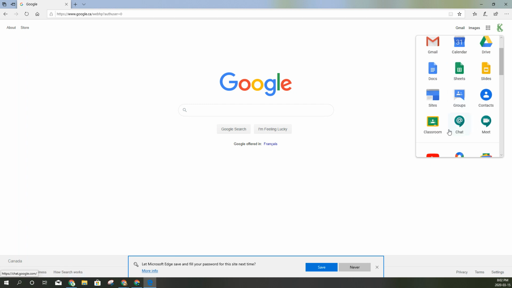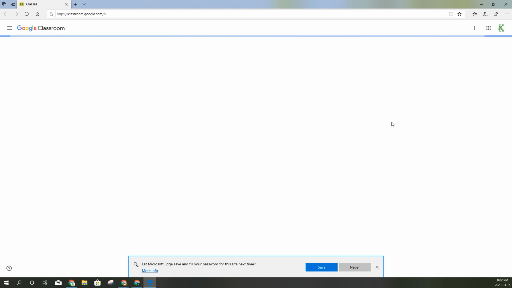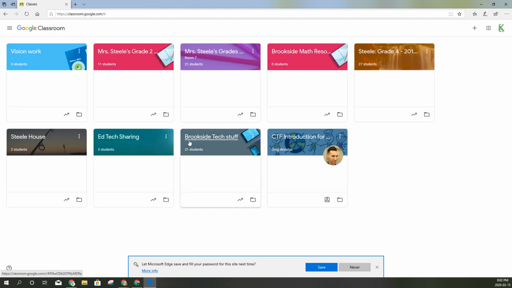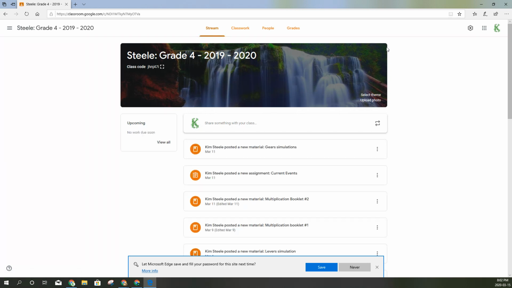But probably the most important is the classroom. And this is where you would want to click on to access their classroom. Now, they will have a list of classrooms come up. Theirs is not going to look like mine. It's probably going to have way fewer things, and they need to click on the classroom that they are supposed to be using. Once they are in here, the newest stuff gets posted first in the stream,